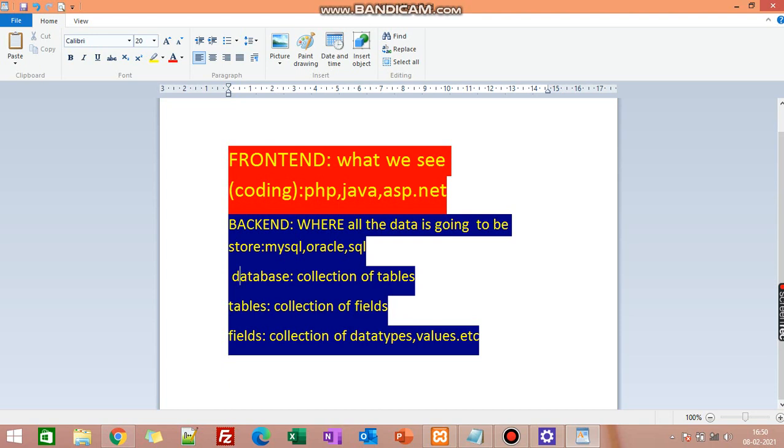I can show you at this point: a database is a collection of tables, and a table is a collection of fields. What is the meaning of fields? A field is a collection of data type values.